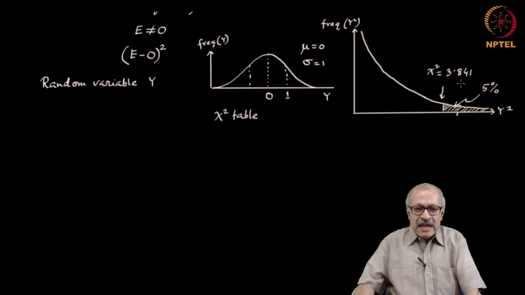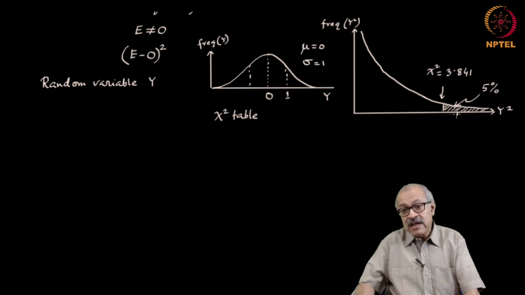So, if in any experiment we get a value beyond this, then we will be able to say that we are unlikely to get this difference if the differences are only because of random fluctuation, because it does not behave like a random variable. The probability of that being obtained using a random variable is only 5% or even less than that.